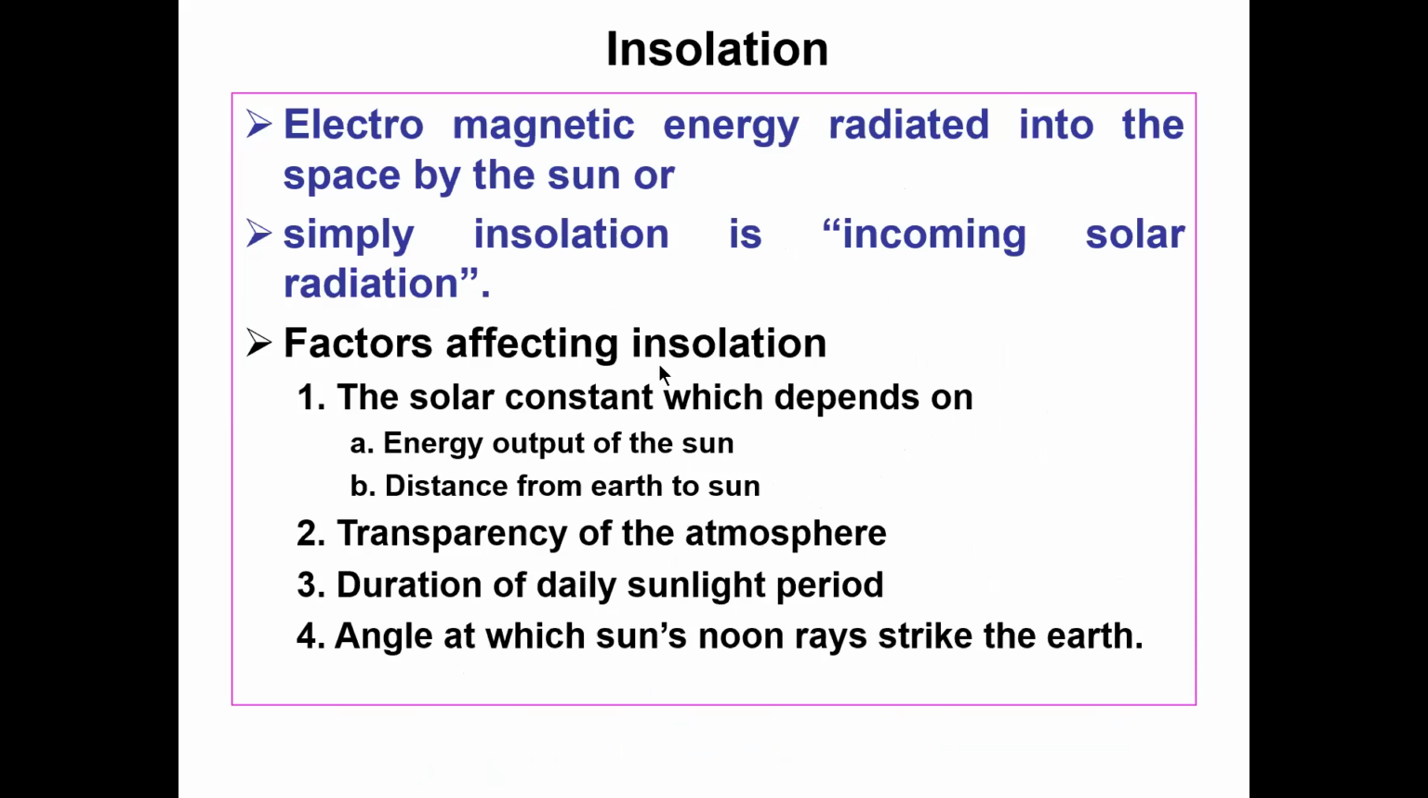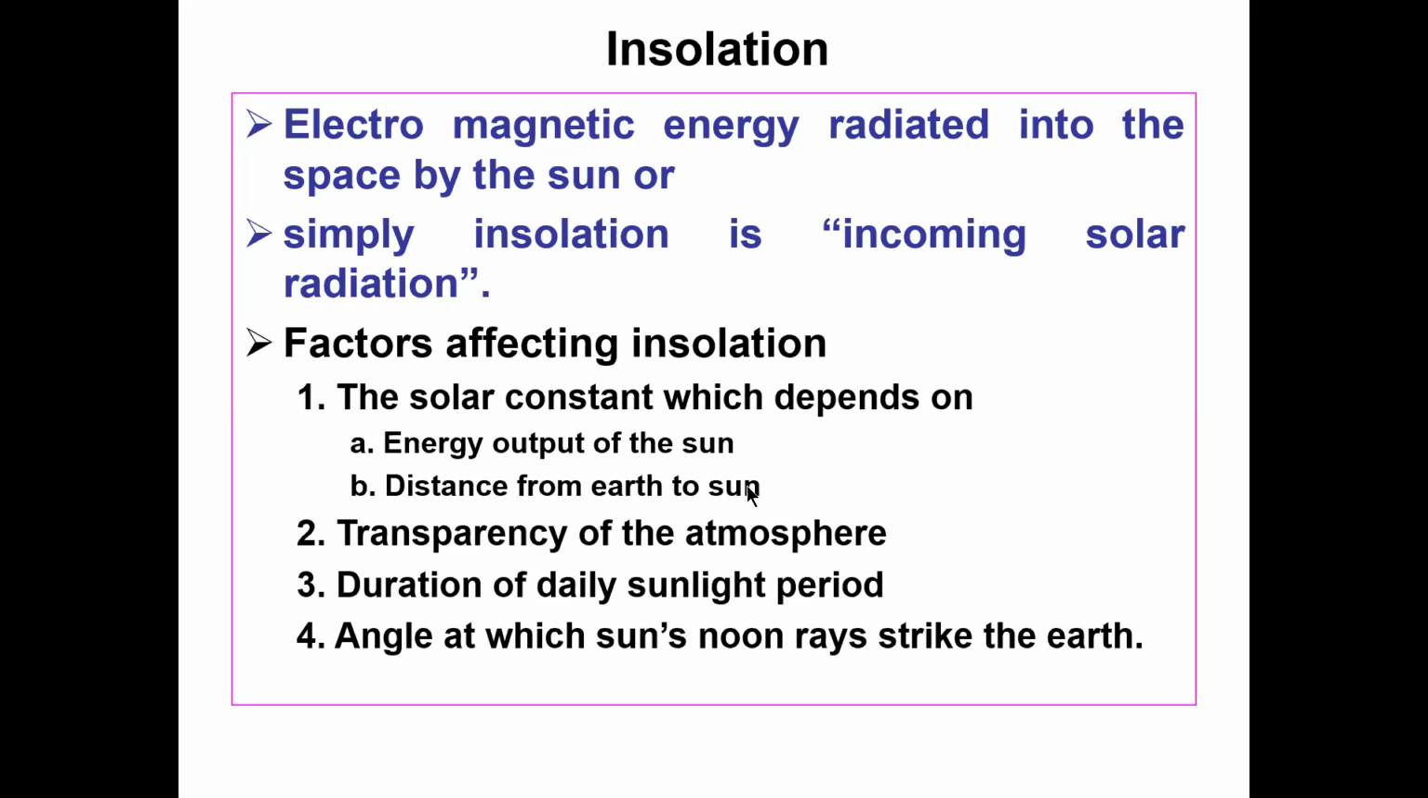So already we told the definition of insolation, that is nothing but the electromagnetic energy radiated into space by the sun, or simply insolation is incoming solar radiation. Factors affecting insolation: the solar constant,